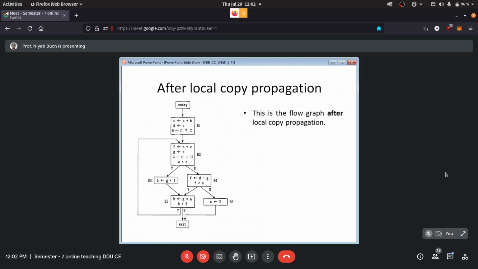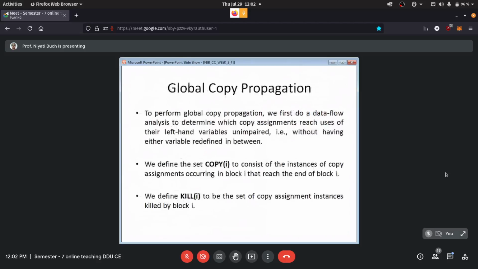Now, if local copy propagation is done for all the blocks, then we can go for the global copy propagation. So let's see that. What is global copy propagation? We have to do a data flow analysis to determine which copy assignment reaches the use of its left hand side variable unimpaired.